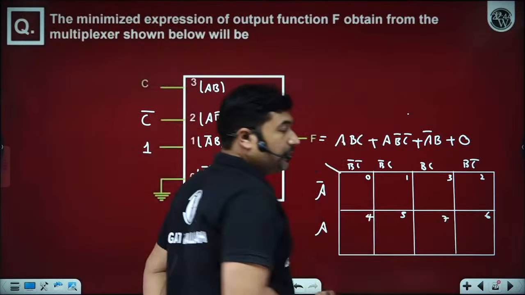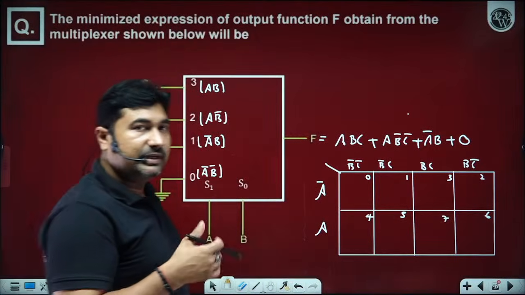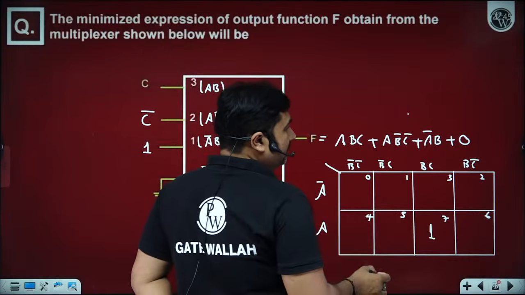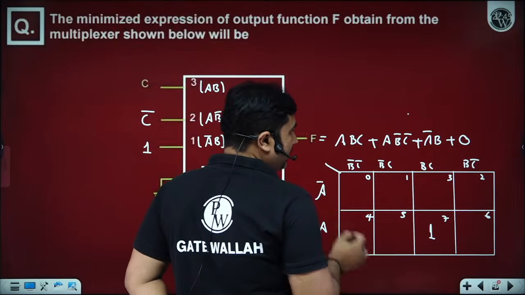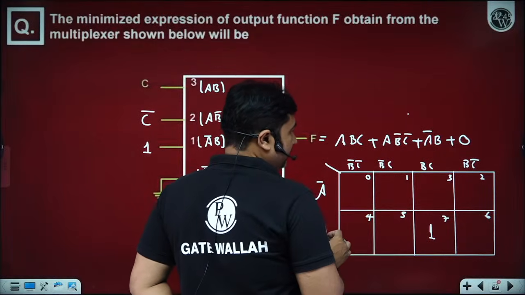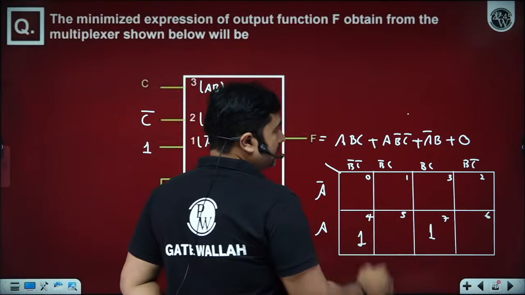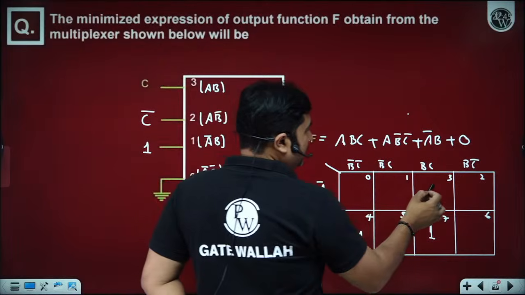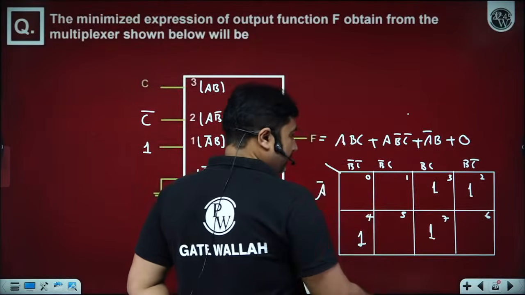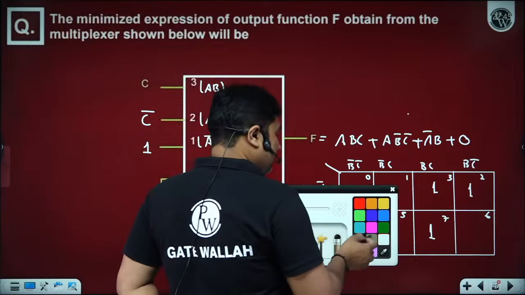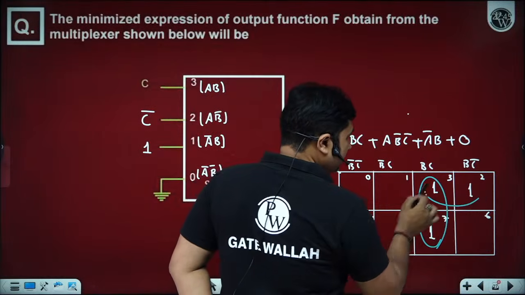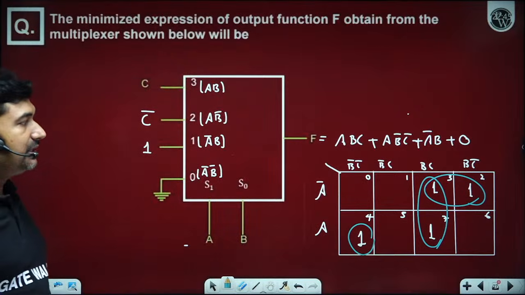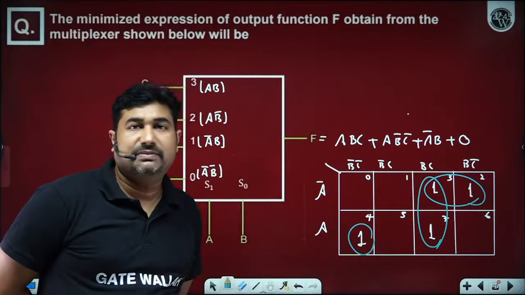Is it okay? I am hoping all of you are now able to visualize the numbering, boxes and different things. You just have to put ABC. So ABC means 7. AB bar C bar, you will get A from here, and B bar C bar from here. That is the binary of 4. A bar you will get from here, and B you will get from here. So the minimized logical expression possible will be this, this and this alone. Is it okay? So you will get AB'C' + BC + A'B.